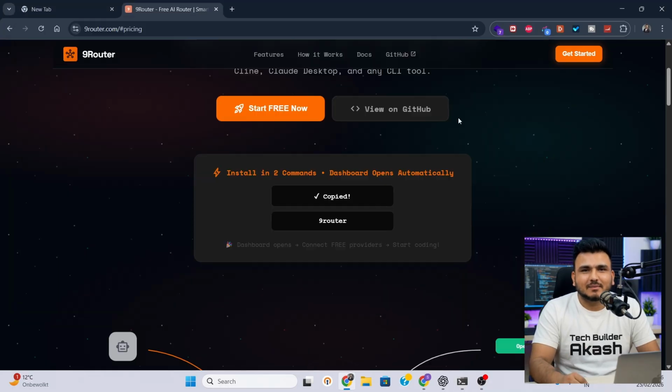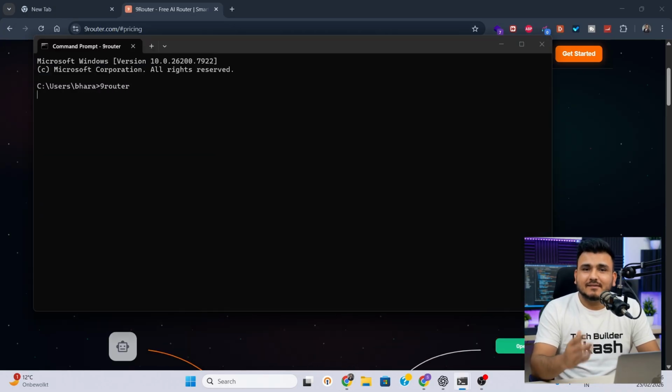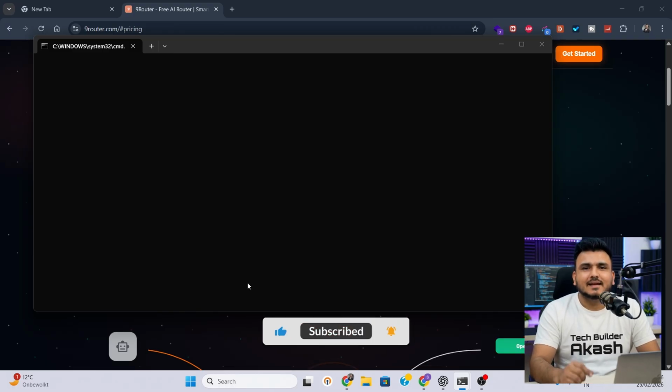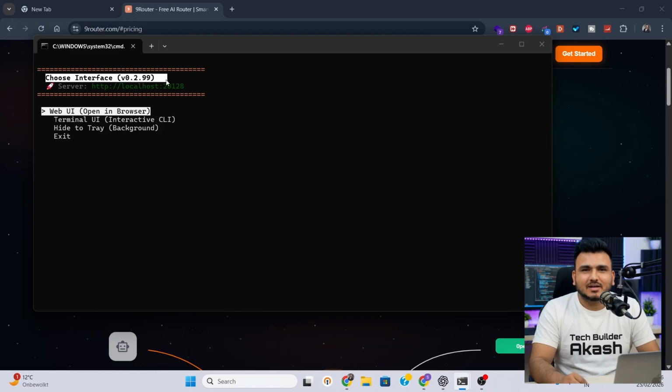Once done, open command prompt again and type 9Router. Now check the version. As you can see, it's updated to the latest version. And that's it. That's how you fix the 9Router update issue